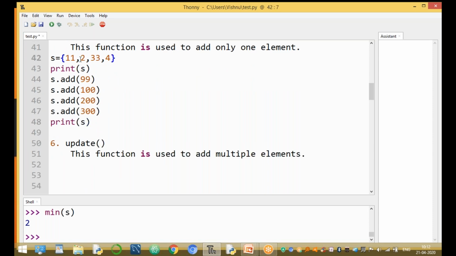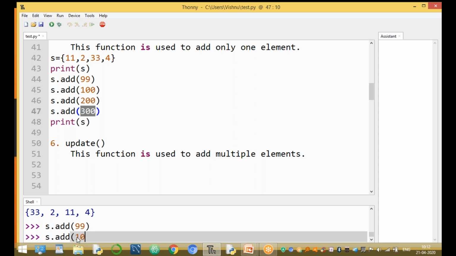Now 11, 22, 33 and 4 is the original set, and we add the elements 99, 100, 200 and 300. Run this example. s equal to 11, 22, 33 and 4 is the original set, print the original set. s.add of 99, 99 is added. s.add of 100, 100 is added. s.add of 200, 200 is added. s.add of 300, 300 is added.